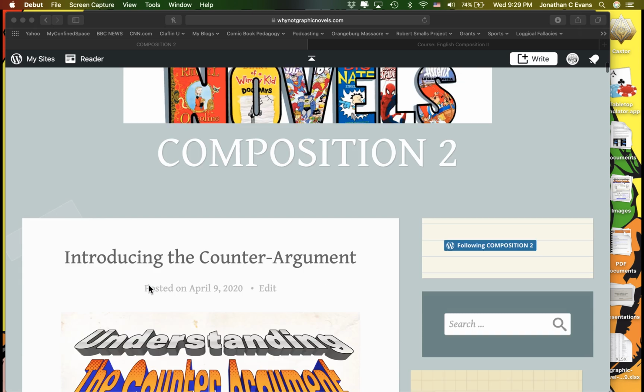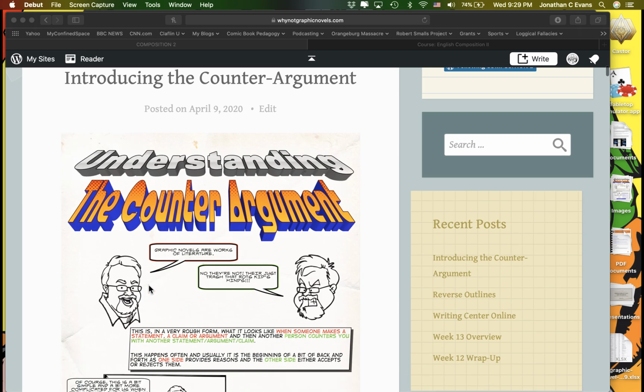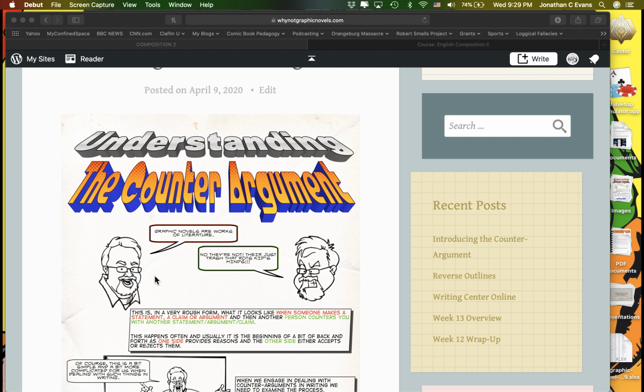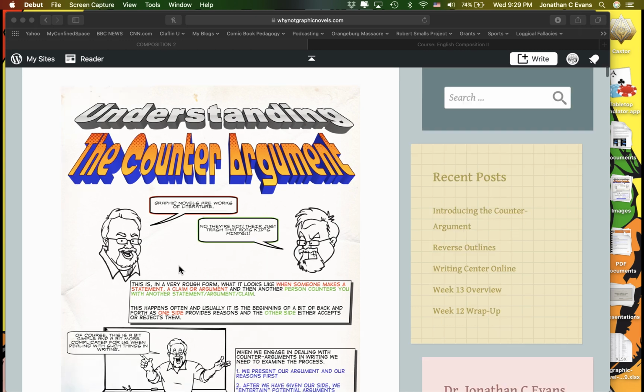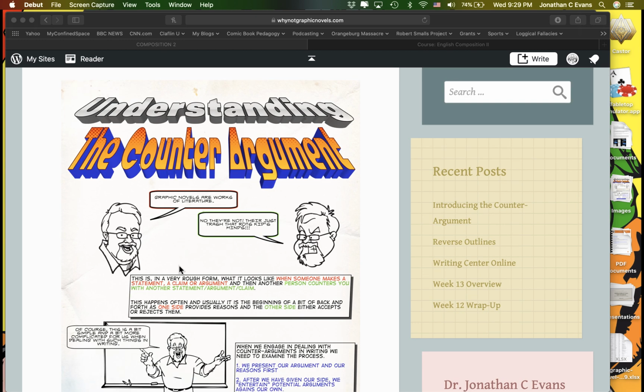Before we get to Writing Workshop 4, I want to treat this as a little bit of a preview, and I want to consider a beginning point of understanding what the counter argument section actually is, because I imagine you're going to have a lot of questions about this. Like, why am I doing this?